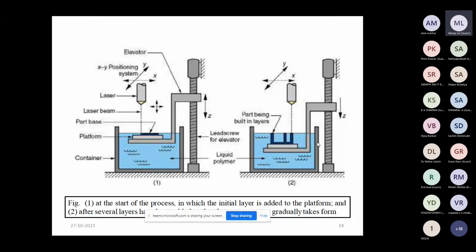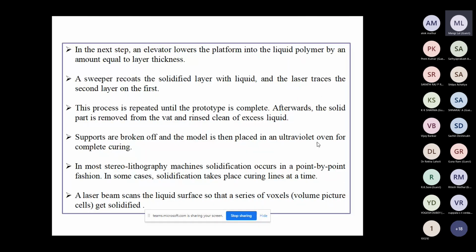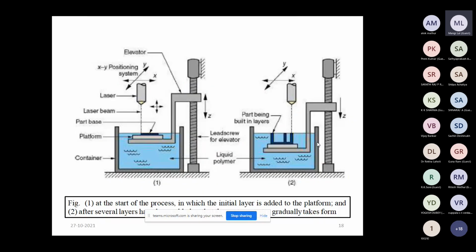It depends upon different parameters that affect the curing process of this liquid polymer, such as the power of the laser, the beam diameter of the laser, and the heat source.